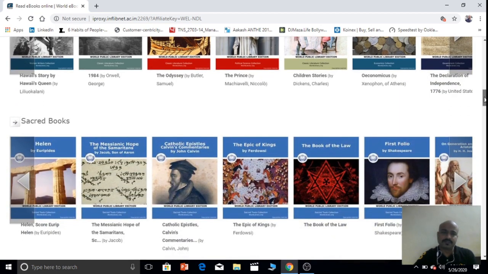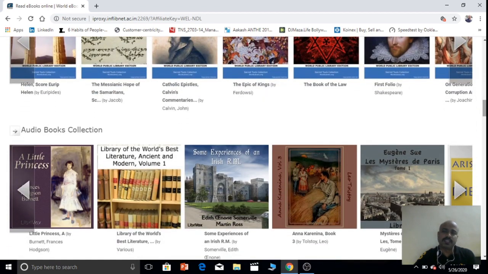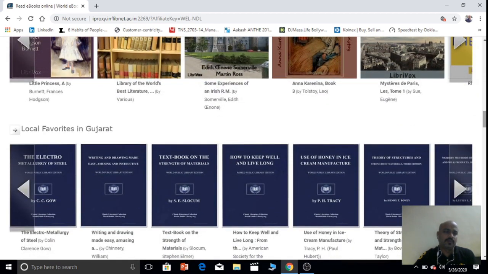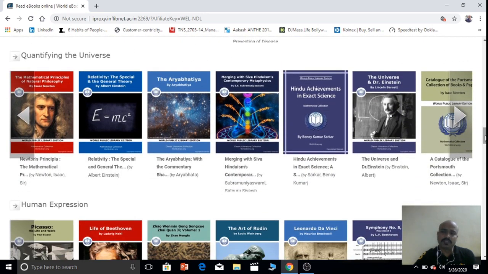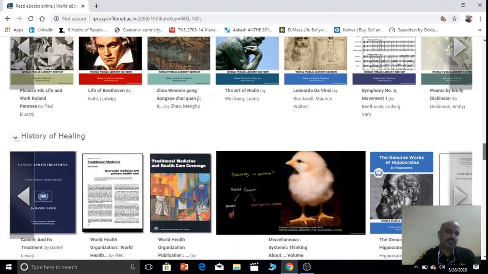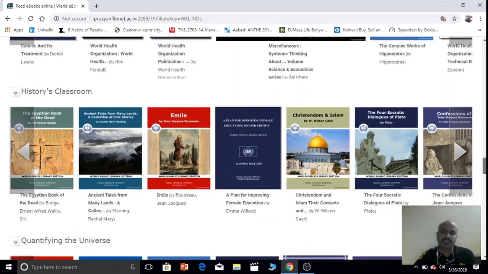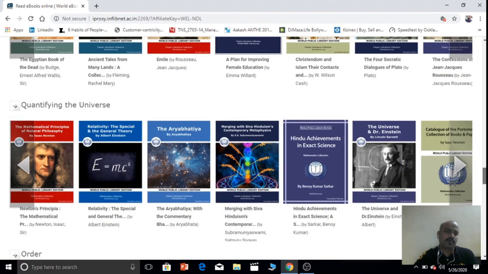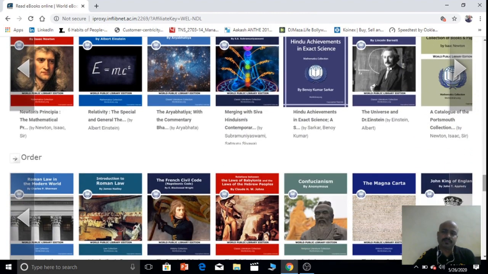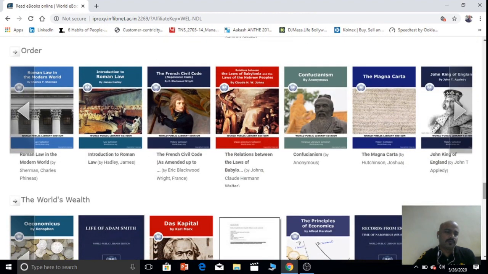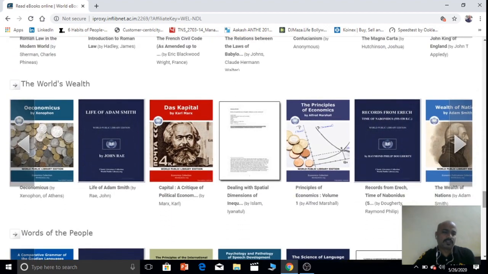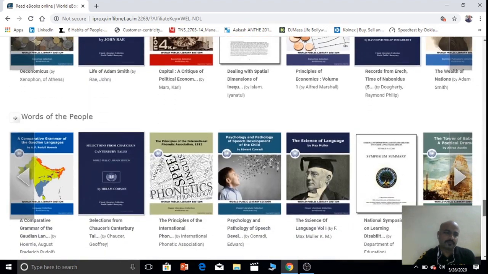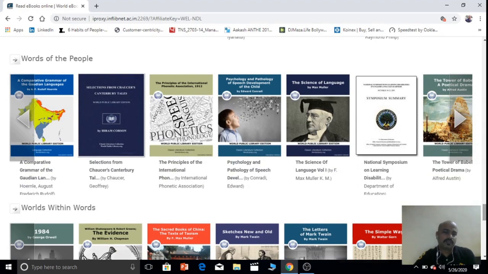sacred books, audio books collection, local favorites in Gujarat, quantifying the universe, human expression, history of healing, history's classroom, order, world's wealth, words of the people, words within words.